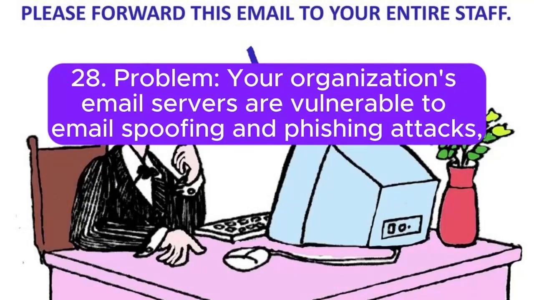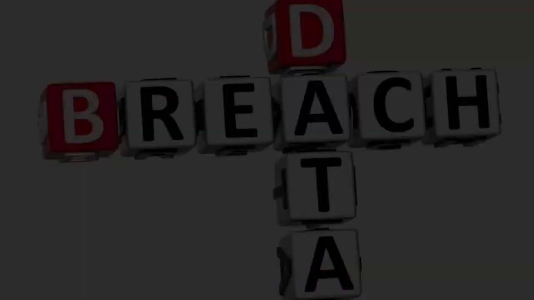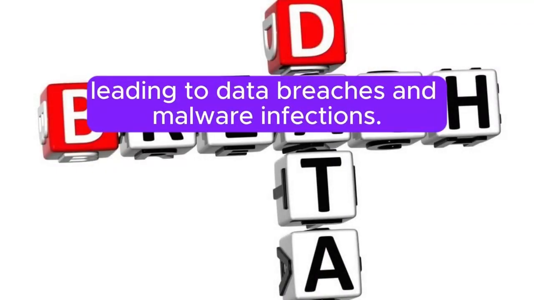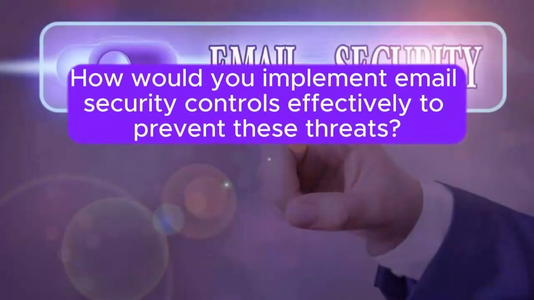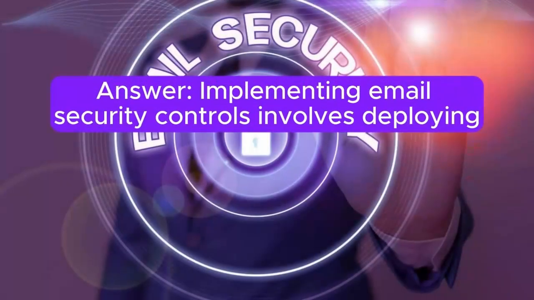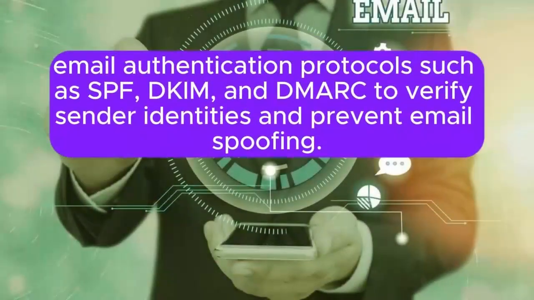28. Problem: your organization's email servers are vulnerable to email spoofing and phishing attacks, leading to data breaches and malware infections. How would you implement email security controls effectively to prevent these threats? Answer: implementing email security controls involves deploying email authentication protocols such as SPF, DKIM, and DMARC to verify sender identities